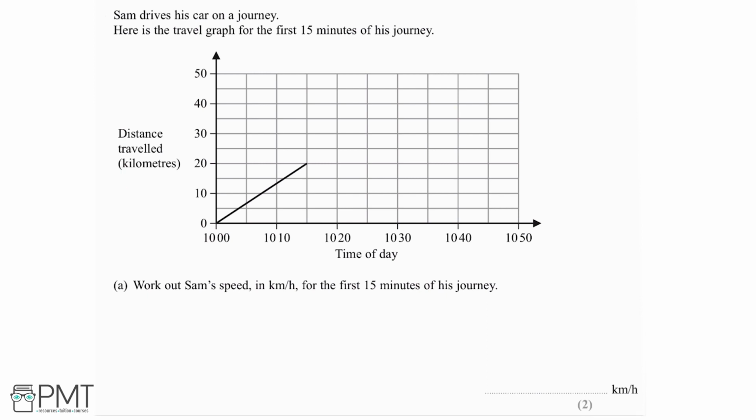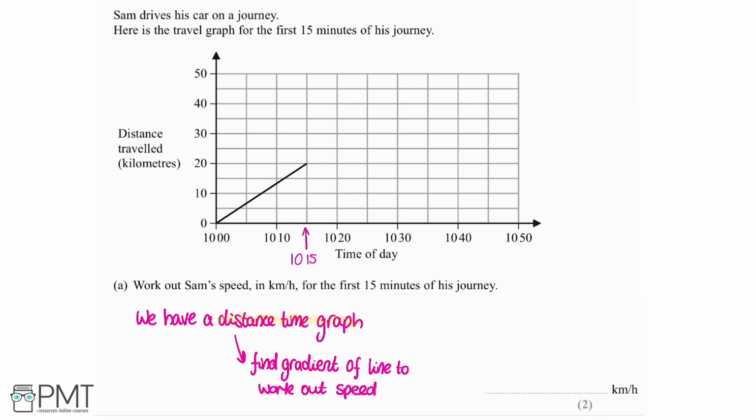of his journey. Okay, so this is the first 15 minutes of his journey because we're going from 0 up until halfway between 10 past and 20 past. So essentially, we need to work out the speed represented by this line here. Now what we have here is a distance time graph because we're plotting the distance and the time. Now when we've got a distance time graph, we need to find the gradient of the line to work out the speed. So now the gradient of a line is worked out by the change in y divided by the